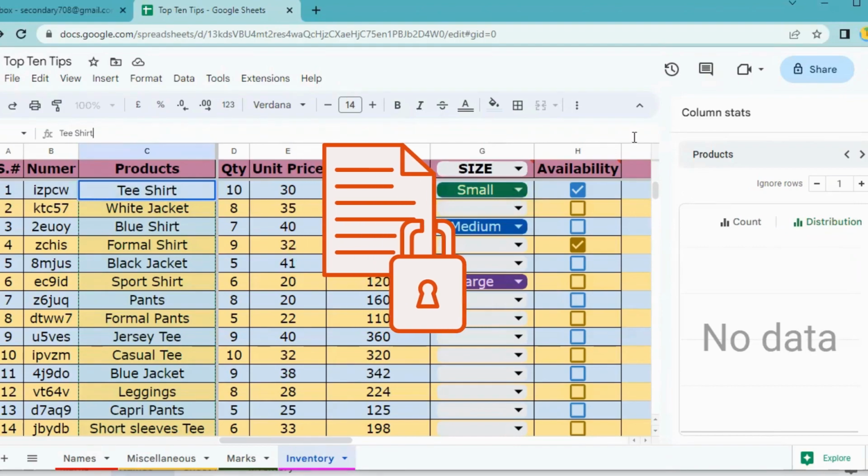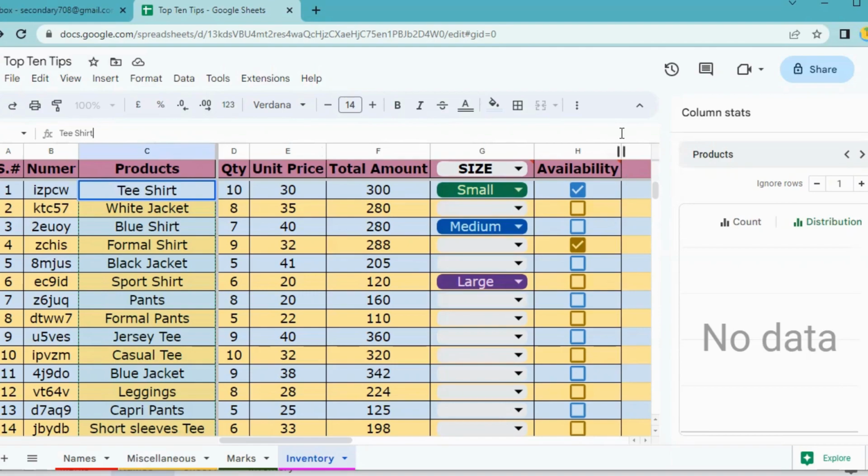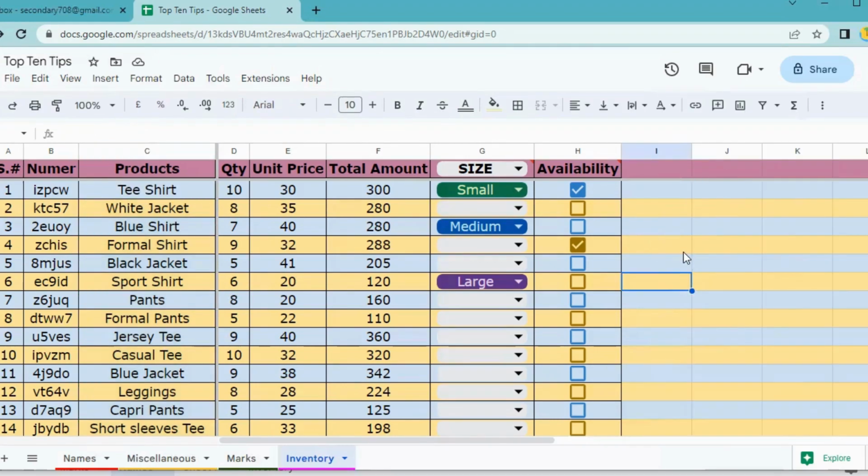Tip number 8, protection or security. This option lets you protect your worksheet or part of the worksheet or a single column or the range of cells or whatever you want. I'm sharing this file with a number of people and I want them to make changes to certain parts of it, but this column maybe, I don't want them to make any changes to this one. Okay, so what I can do, I can just protect it